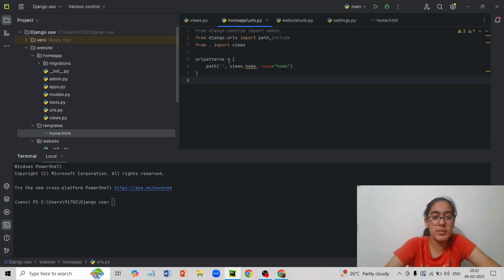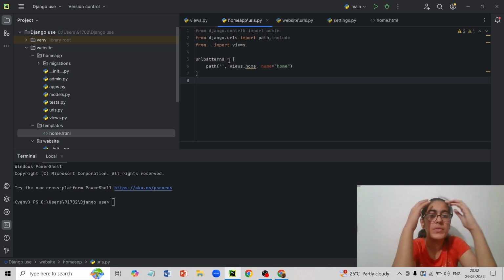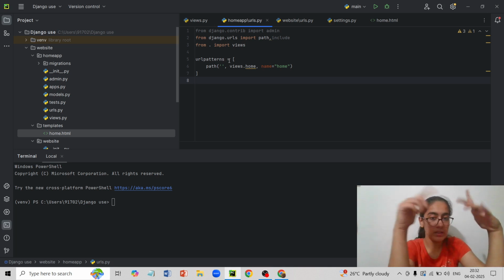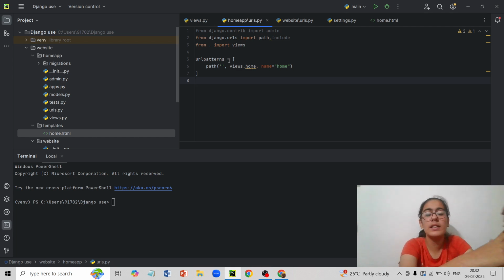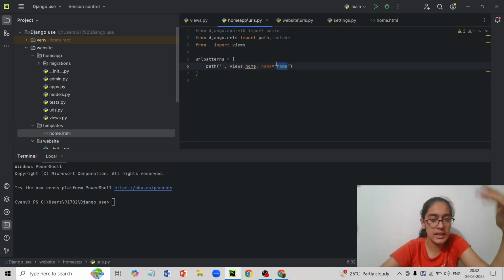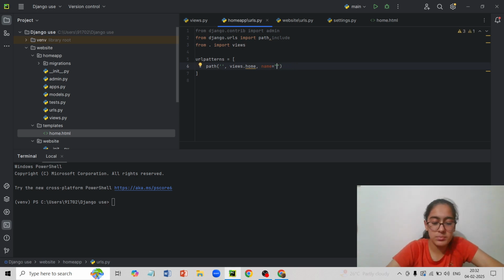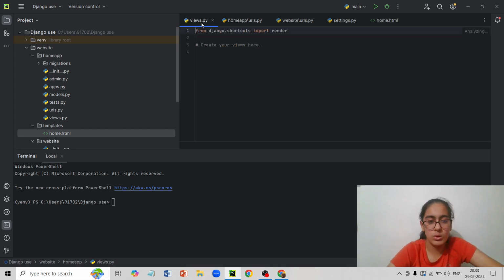It doesn't really matter because it's a variable, but you should remember the variable so that when you use it in future you know where to refer. Then path, single inverted comma, views dot home, and then name equal to home. This name you can give anything else, like name equals create, literally anything. I'll just put home back again because it's a home app.